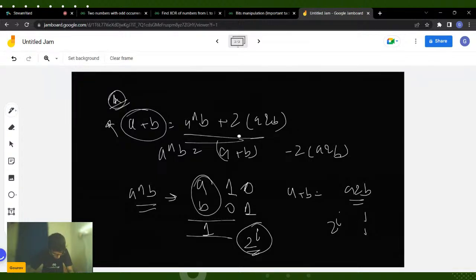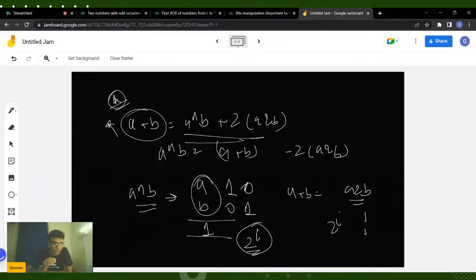One question: to prove this, we can interpret the set bits of the numbers in the form of 2 to the power I, right? Yeah. So, okay, let me just prove it for you. Let's say that at any particular position, A is a set bit and B is an unset bit. In that case A XOR B will be 1, so the result of A XOR B is a set bit. Now what happens in A AND B? If one is set and the other is not set, A AND B will give 0. So it is not contributing anything.